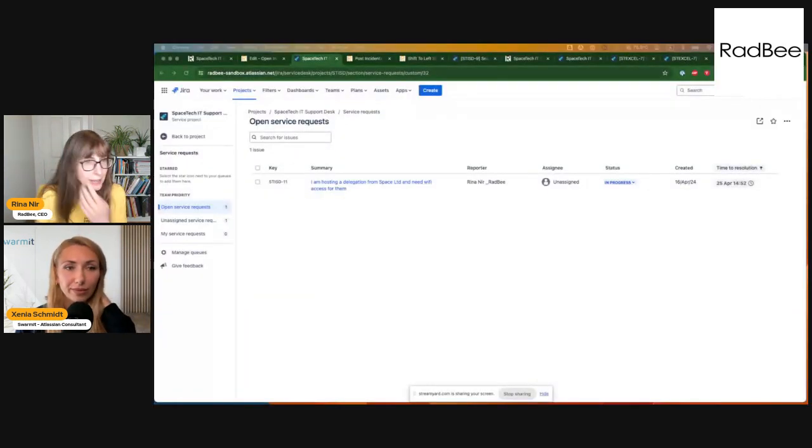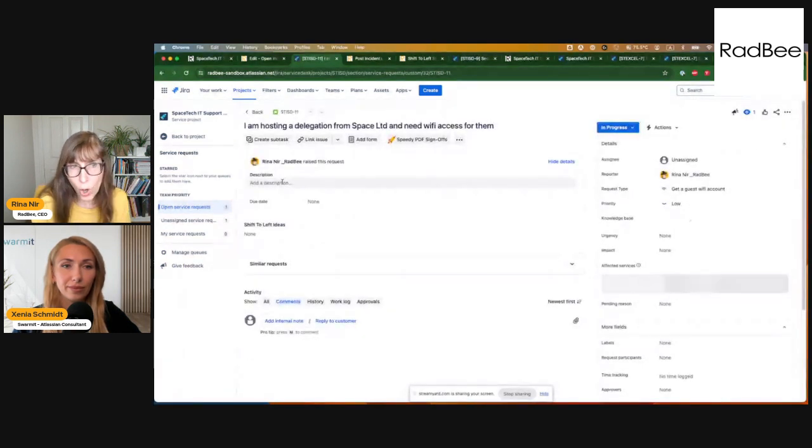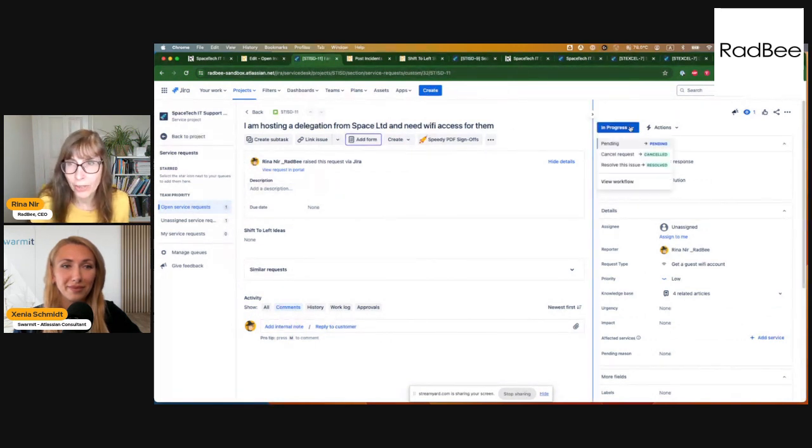So yes, back to my automation in Jira and snapshots as a way to empower the team to make sure that shift to the left is not only a buzzword, but actually happens in our organization. This is a request. And within the flow of Jira Service Management, we have planted a small seed that grows into our shift to left trend. So when I, as an agent, resolve an issue,